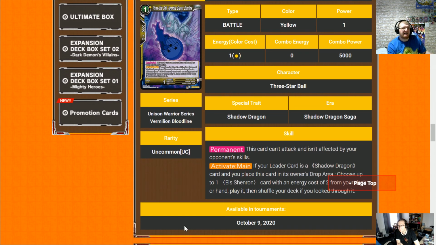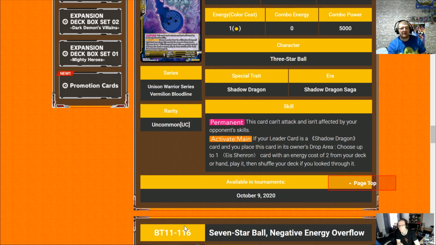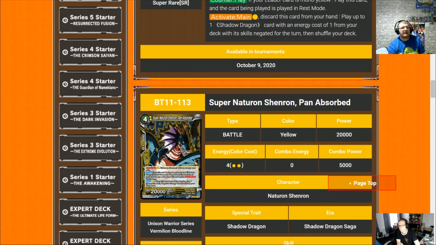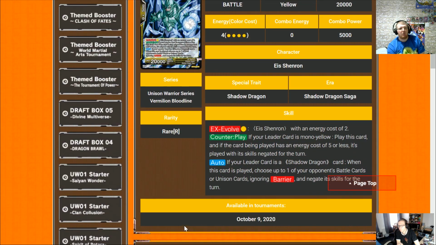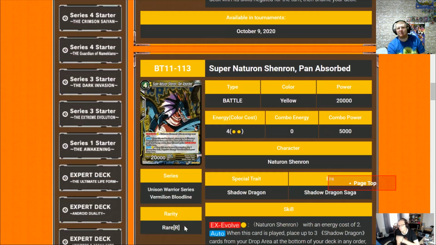Obviously, this card can't attack, but it isn't affected by your opponent's skills. No energy cost on this. If your leader card is a Shadow Dragon, place this card in a drop area, choose up to 1 Ice Shenron with an energy cost of 2 from your deck or hand and play it, so you can immediately go into your 2-drop and then evolve for 1 and negate a skill for the turn. So if there's a pesky blocker or something,